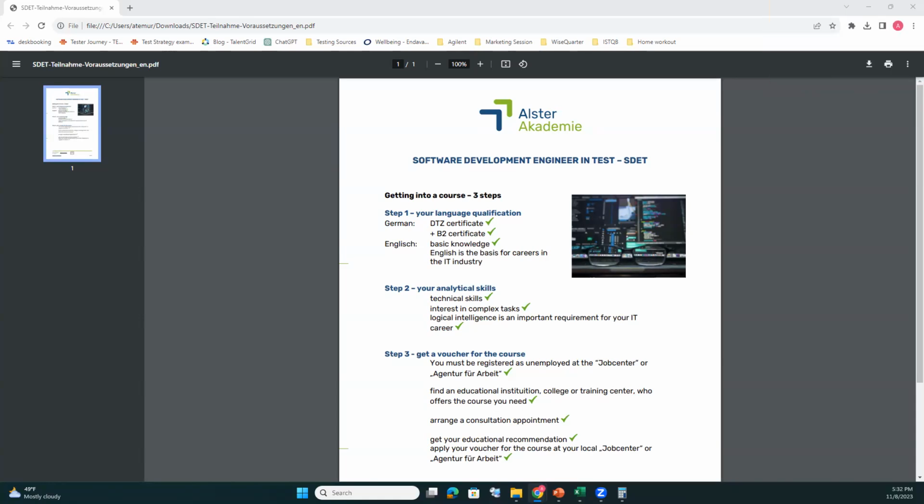QA testing is mostly a remote job or in office, especially in Germany, for example. In Germany, it's usually hybrid. In all of Europe, the companies are going back to the office, twice per week, 3 times per week. But you also have work from home chances. It all depends on the company.